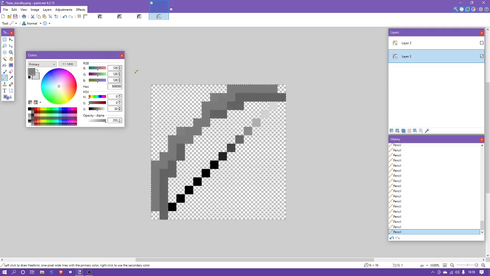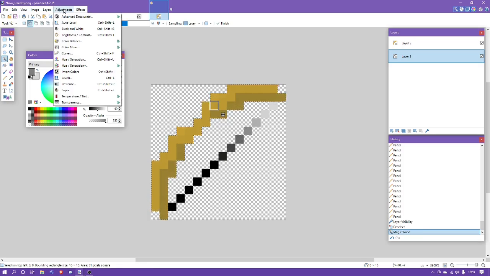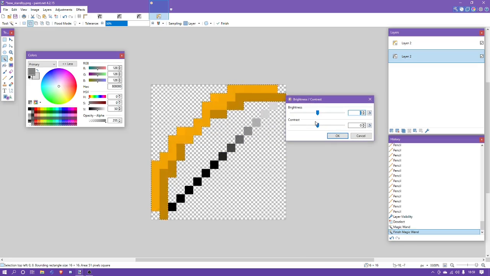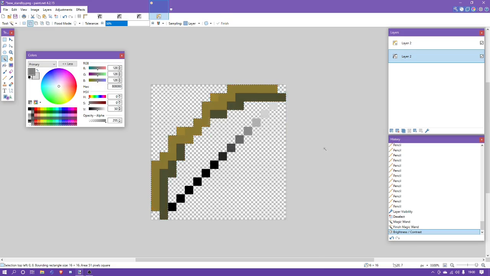Okay, so now I've finished with the texturing, I can enable this layer again, and as you can see, it's kind of there. What you want to do now is select this bit, and go to brightness and contrast, and you basically want to just mess with the contrast until it looks all right, and the brightness. When we turn this off, you can kind of see the textures coming in, and there you go. That's basically near perfect. That's not the best, but you have to mess around with stuff like this,